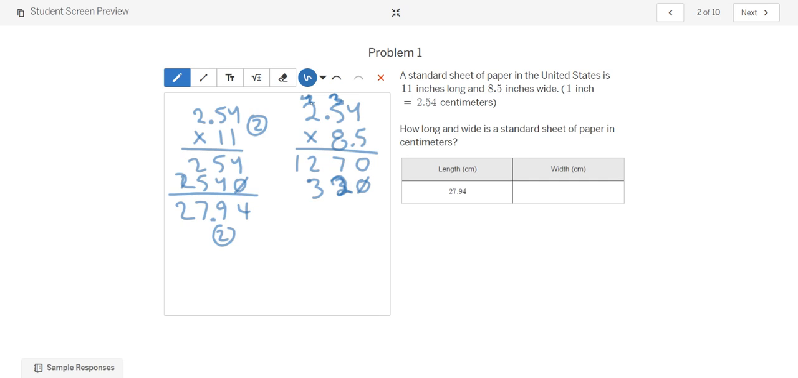4 over here, 16, 20. I want to add those together. 0, 9, 5, 1, 2, and there's 3 in the question. There has to be 3 in the answer, and so I get 21.590, but that last 0 doesn't matter. Next,